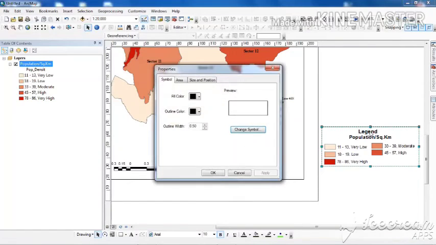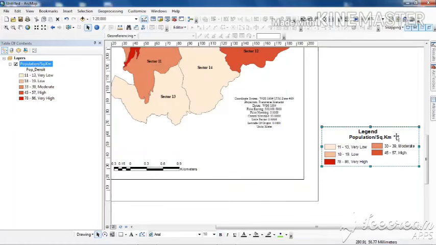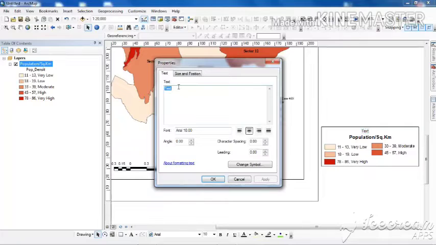Look, this is not in Times New Roman, so we will change it. What I will do, I will again go to insert, go to text and add the text over here. I will write legend.